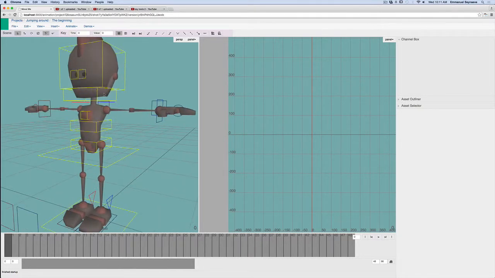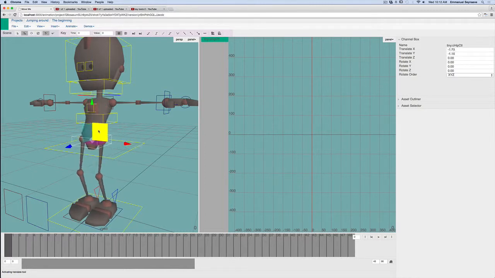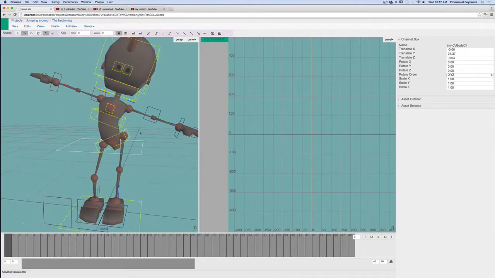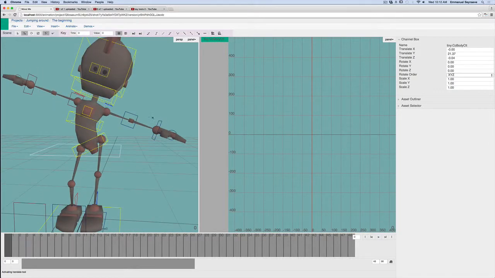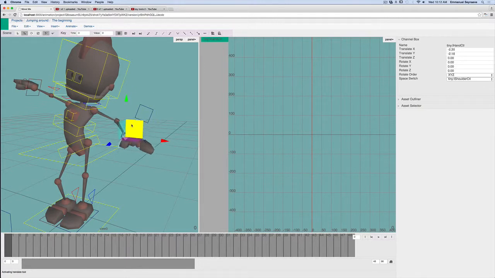So what we can see, maybe what's different with this asset, is that now we have different spine controls, which is just also an FK setup. So we have FK shoulder controls as well. And we have an